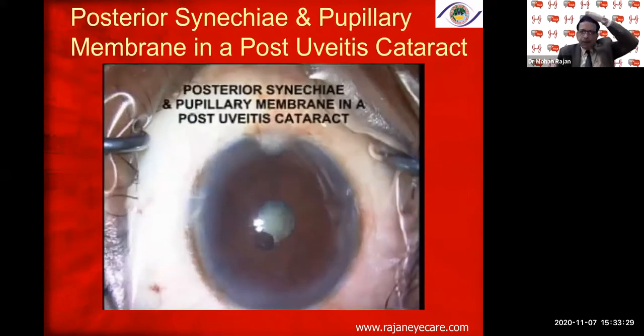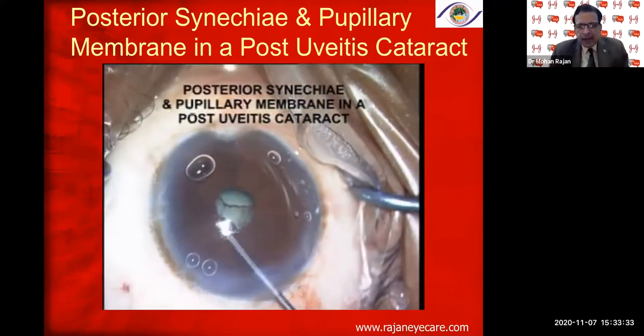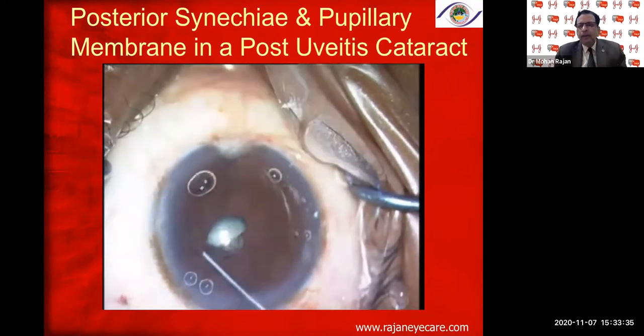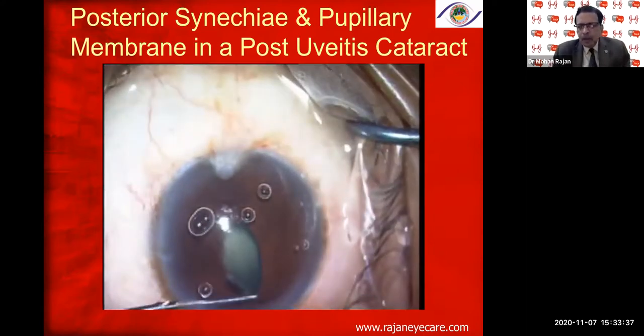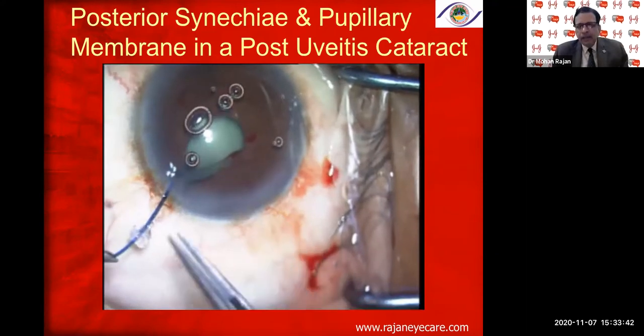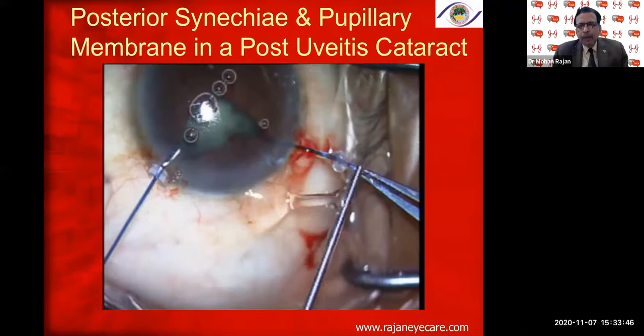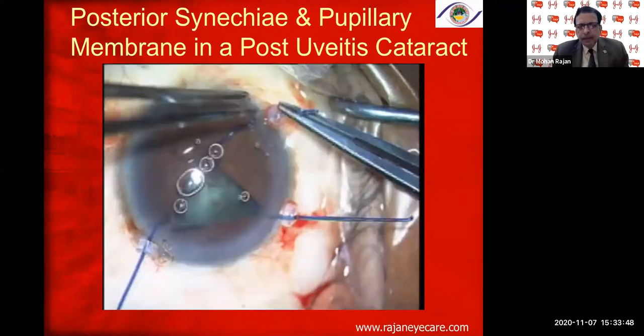If you have small pupils like this, a posterior synechiae, a pupillary membrane, a post-uveitic cataract, always try to remove the membrane. Under the microscope, these membranes are not seen on the slit lamp, but many of these membranes are being seen under the microscope. We will remove the membranes, then the pupil will expand a little,